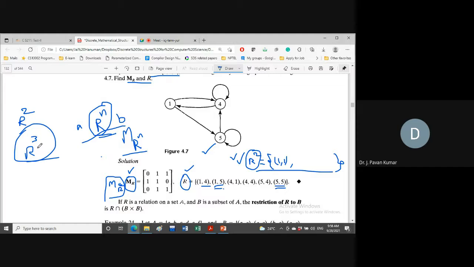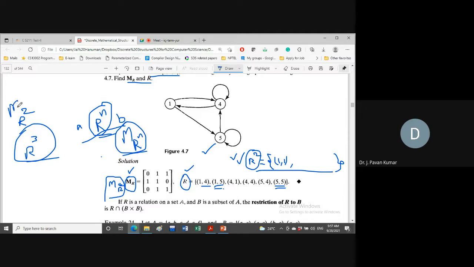Why? Because whatever possibilities we thought of, only those we will be checking. But if you see all the possibilities, there can exist many more tuples. So to find R3 or MR3, obtaining R3 or MR3 is equivalent. If you obtain MR3, we can get R3, and if you obtain R3, we can get MR3. It's just a transformation. So now we will concentrate on this representation, MRn or MR square.